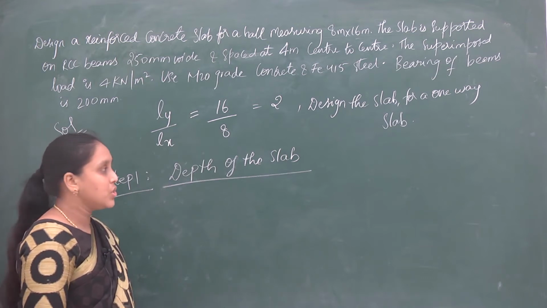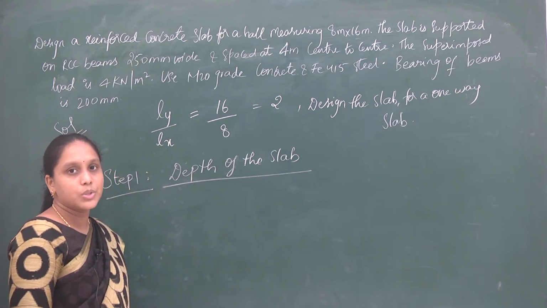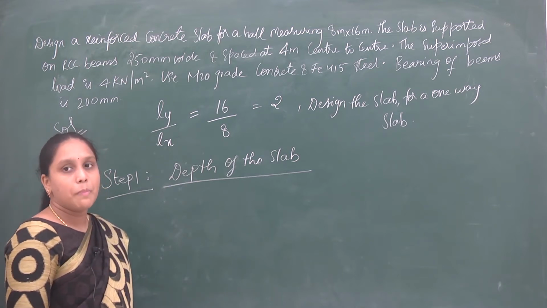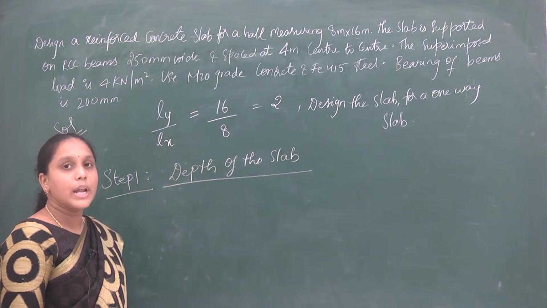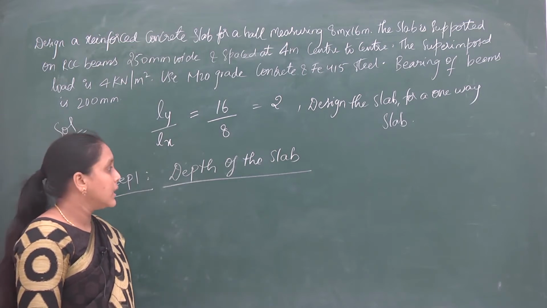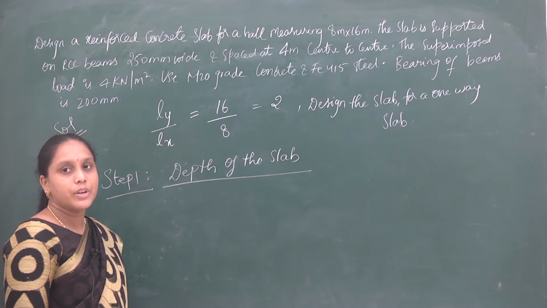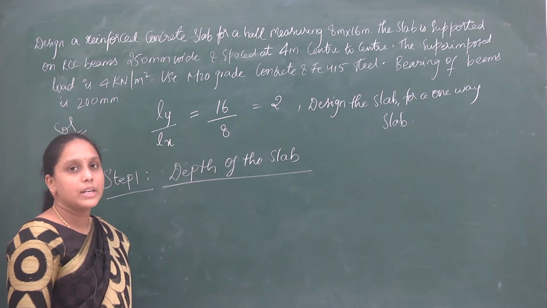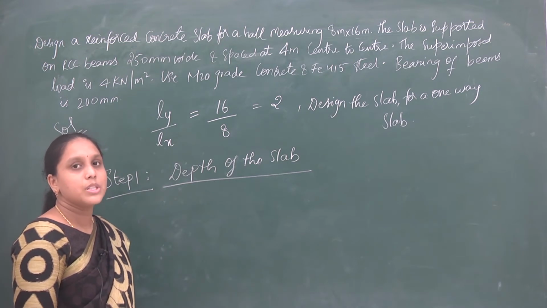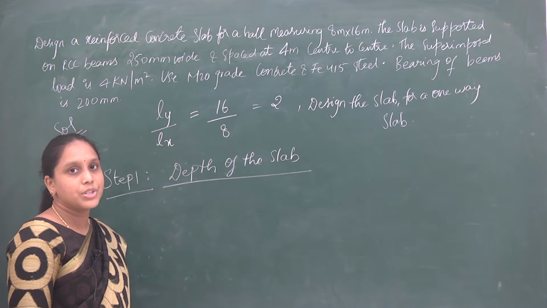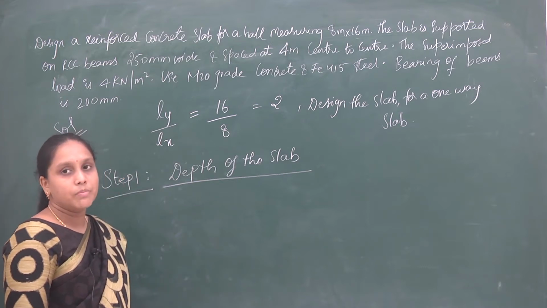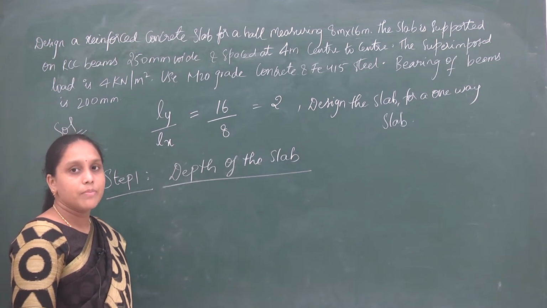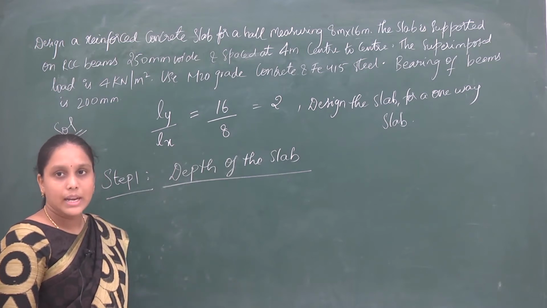The effective depth is generally calculated from IS 456-2000, which you have already learned in your previous lectures, by the span to depth ratios. In IS 456-2000 the different span to depth ratios for different kinds of slabs are given. For simply supported slabs, for cantilever slabs and for continuous slabs, the span by depth ratios are already mentioned. Those basic values should be considered, and from that the effective depth has to be calculated.